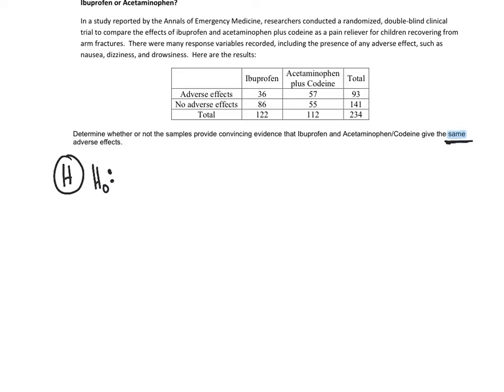Since we are trying to see whether they give the same adverse effects, my null hypothesis is going to use the word same in it. You always use the null hypothesis to be the same, very similar to the goodness of fit, where we would say the outcomes are the same as what they said they would be. On this one, I'm just going to use words and move away from showing numbers. We would say that